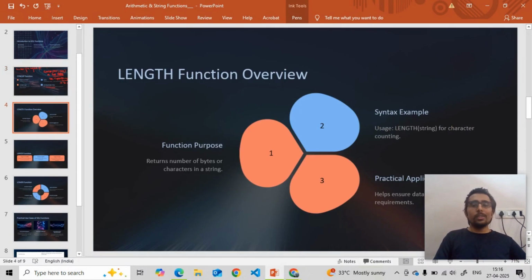Now let's go to the length function. Length basically counts the number of characters in the string, so it will return the count of the characters. We will understand concat and length with the help of the queries that we'll run in our online editor. First we should understand what length does. For example,